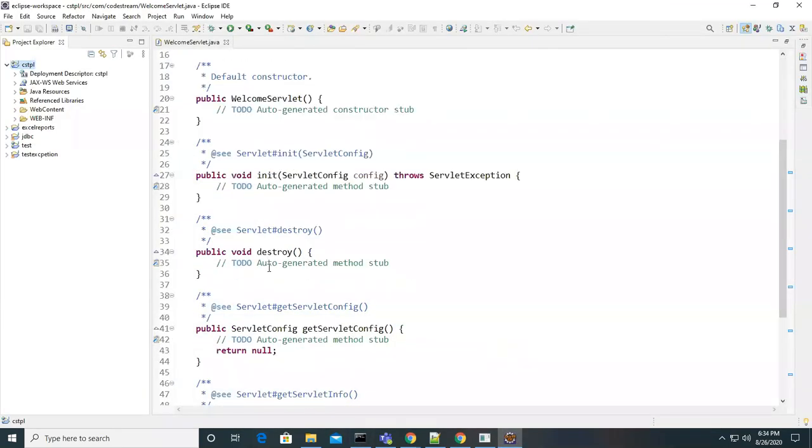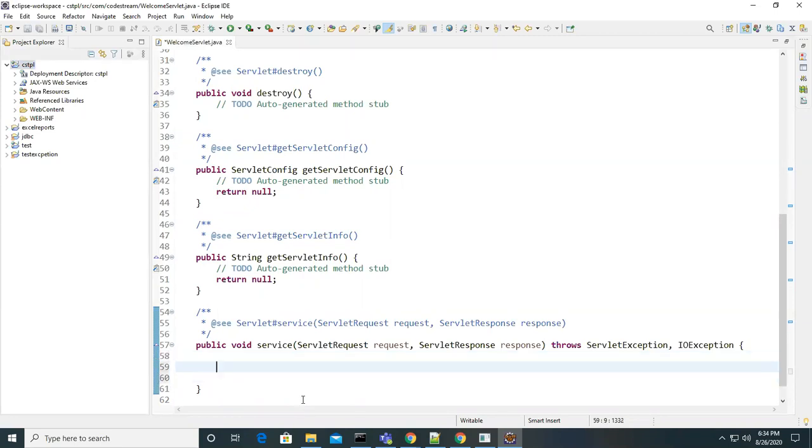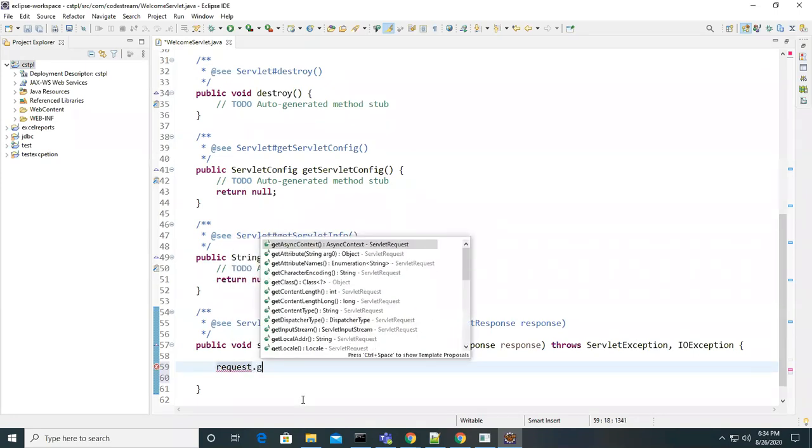Let's come to this part actually. When you send a request to a server, what will happen, guys? The request object and response object will be passed to the service method. The init method will be called only once, and the service method will be called for each and every request. I'm just taking the request object dot get.